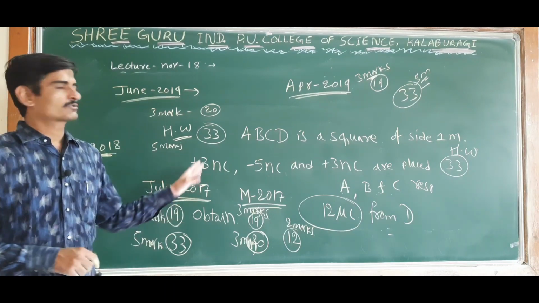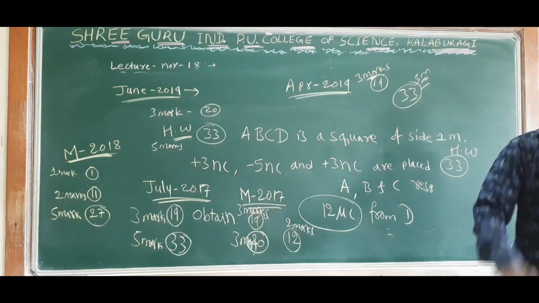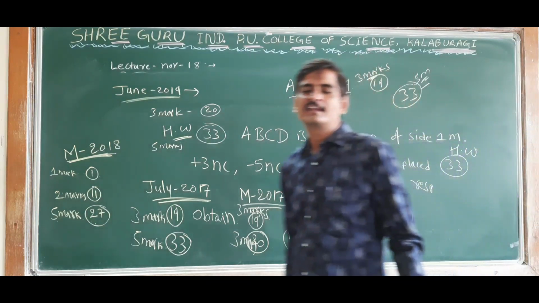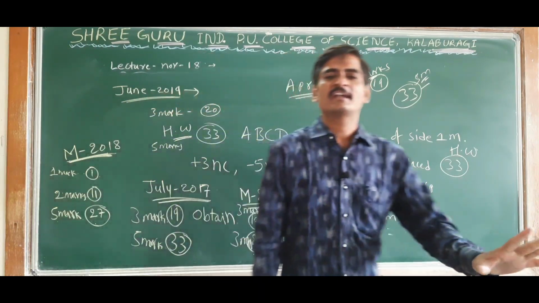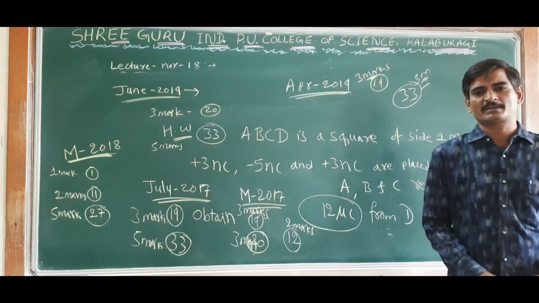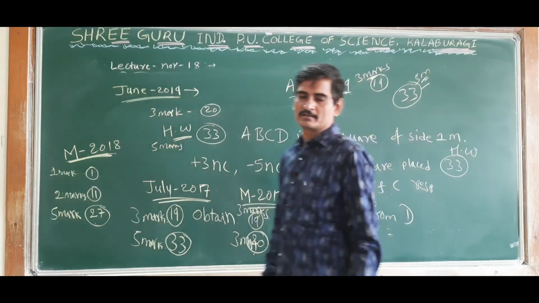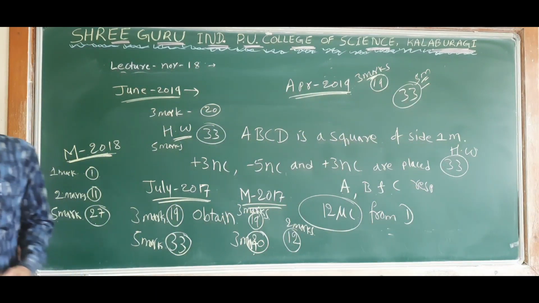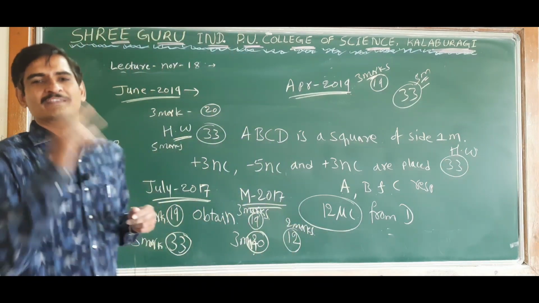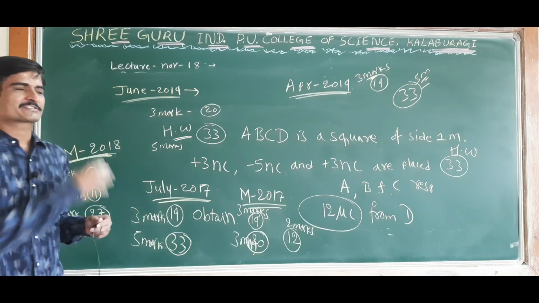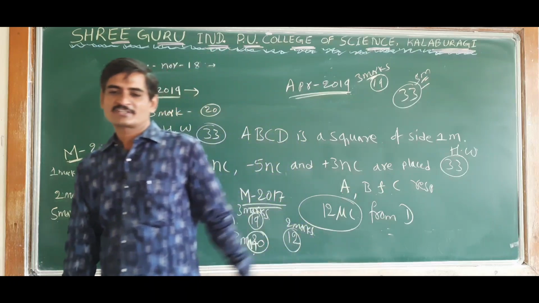So these are the questions they have asked. From these question papers, I explained that 90% of the time they will ask numericals on this chapter. Many times they will ask a 5 marks numerical on this chapter. That's why I solved so many numericals throughout the chapter. If you count from lecture number 2 to lecture number 18, I have solved more than 40 numericals. So this much is enough.